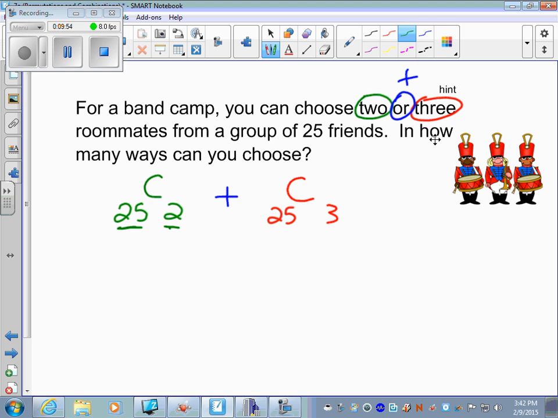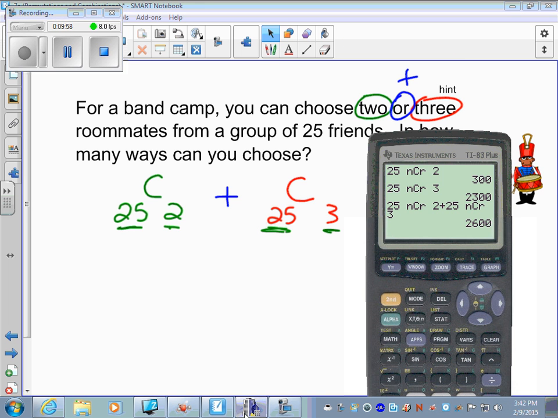Now when you enter it in the calculator, you can enter it all as one problem or separately. The top here, I did 25 choose 2. That's 300, and then I did 25 choose 3. That's 2300. And you can obviously add those together, and you get 2600. Or you do it all together, which is the last line here: 25 choose 2 plus 25 choose 3. Together you have 2600 total